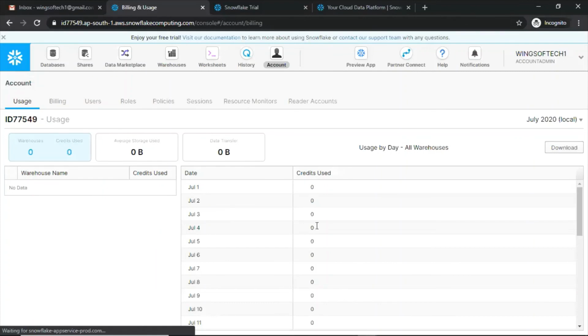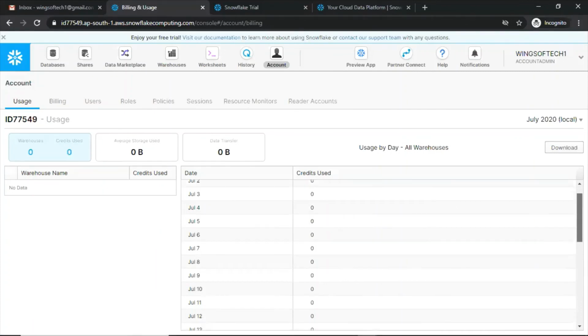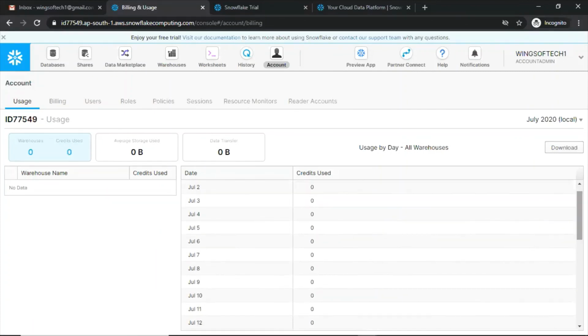You can see the usage of your account here, daily wise, and how many credits you used. Once you reach 400, that means your trial has ended.